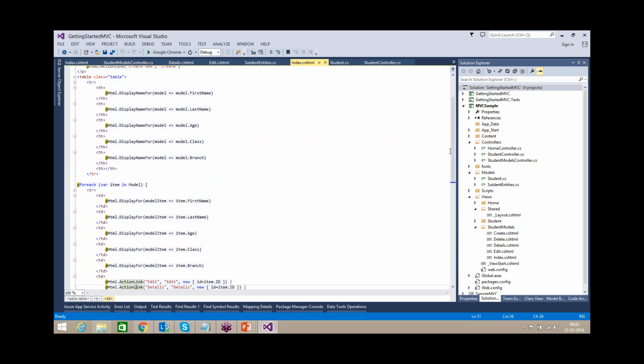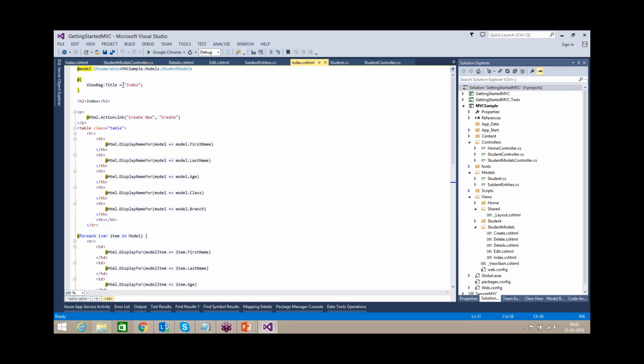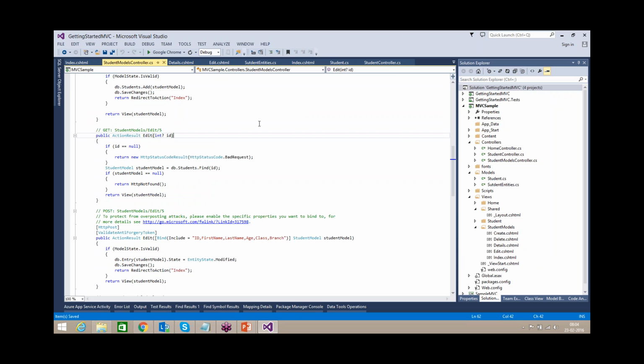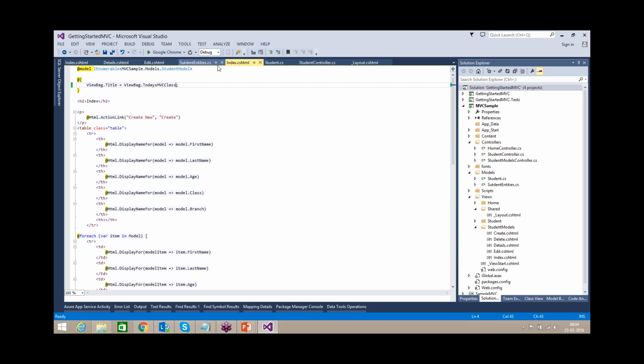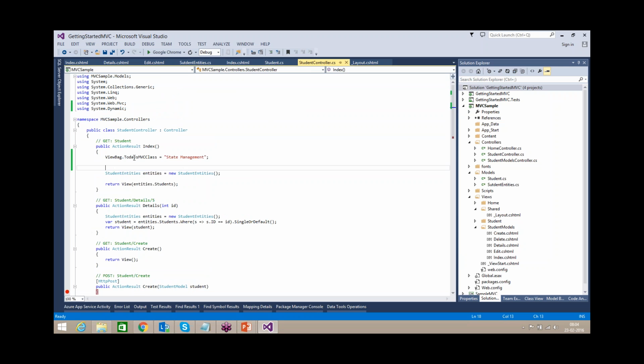Okay, this is my view. Here this is already viewBag dot title we are giving. So this one you can modify to viewBag dot whatever I have given. So this one I can pass something like this. So whatever I create in my controller, not student models here. So in viewBag the property whatever I want I can give, and the value also I can give